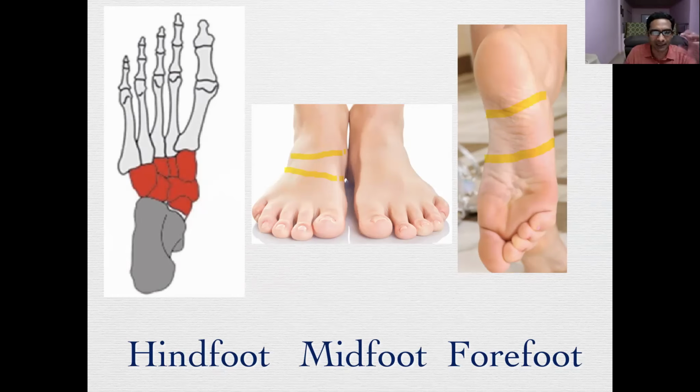So remember that the hindfoot is almost exclusively the calcaneus, and any pathology around the talus is in the territory of the ankle. The forefoot contains the metatarsals and the phalanges. Remember, the first metatarsal is shorter. Sometimes when you want to find the joint line of the first metatarsophalangeal joint, remember that the metatarsal is usually shorter.